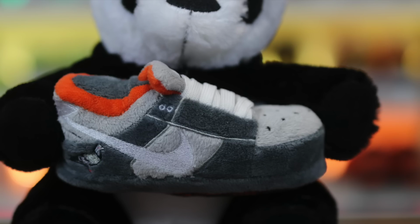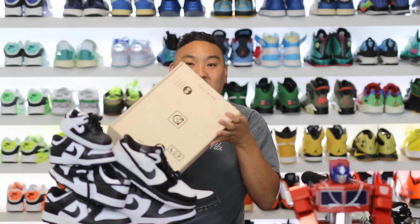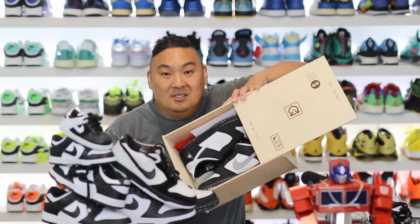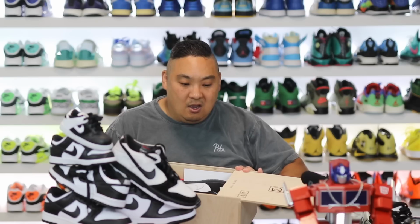This is the Staple Panda as well, and actually this was gifted to me from Jeff Staple, which was super flex right there, light flex, right? But then it gets, oh, there it goes, he went down. But then it gets even better though, because not only did I get one pair, I actually got a second pair. And as you can see, this is a second pair, and it's the special box of the bamboo box